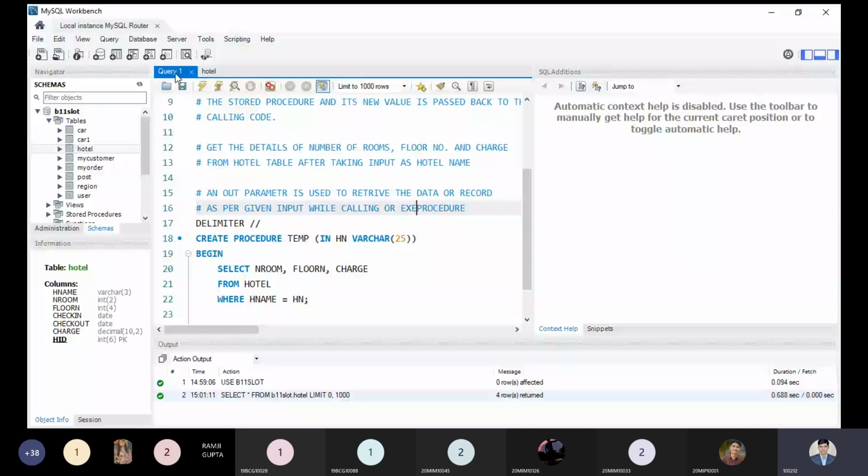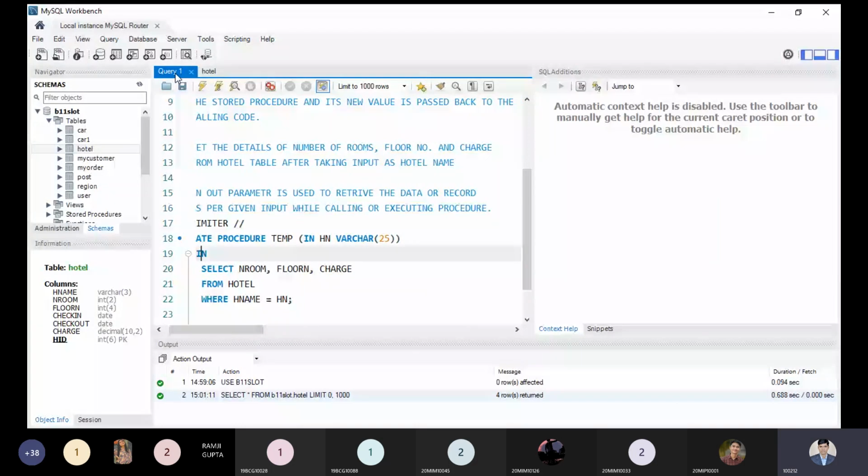It will retrieve some information. So let us understand what is the other thing I have to use. Here I need a variable that is represented as an output or out parameter.